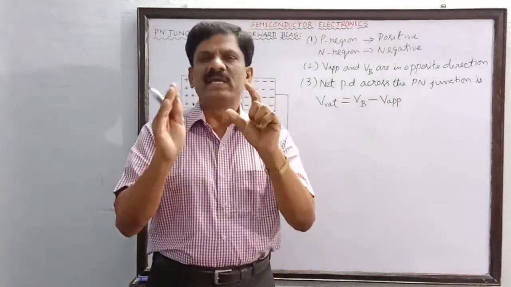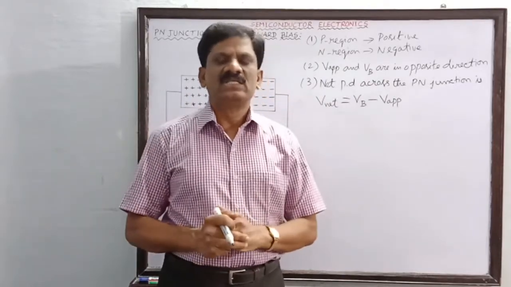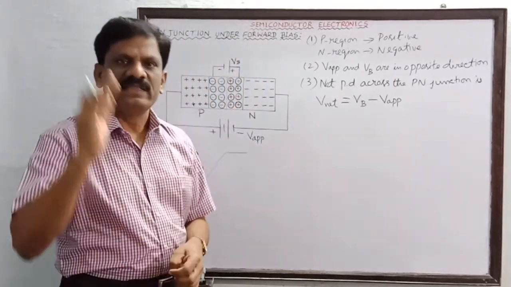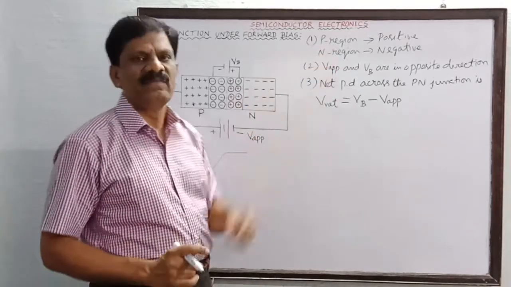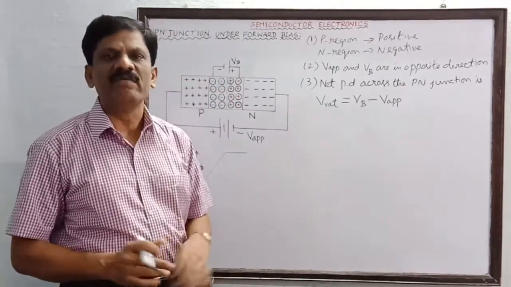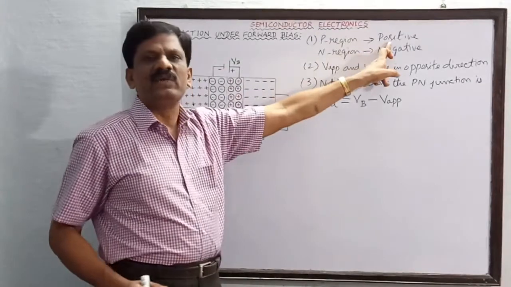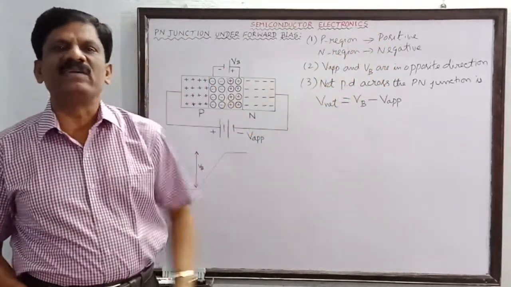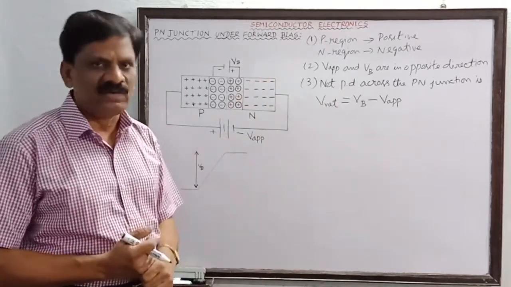So you must make the total description into 3 sets of points. Now we have covered only one set of points, namely the first set. So the 3 points we are supposed to summarize, is it not? What is the first point? When is a PN junction or a diode said to be forward biased? When the P region is connected to the positive terminal and the N region is connected to the negative terminal of an external battery other than the barrier potential, then the diode is said to be forward biased.